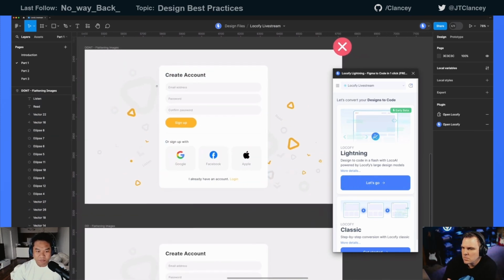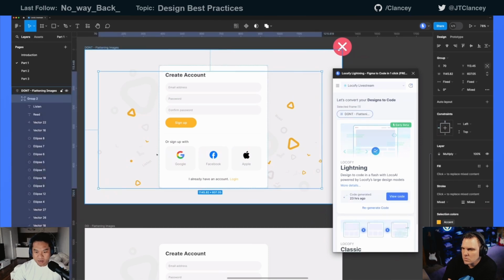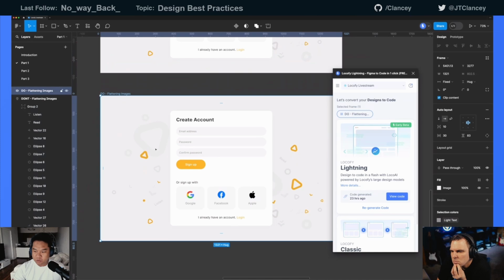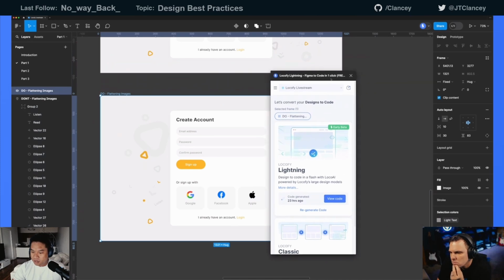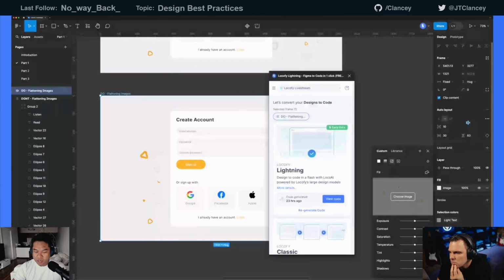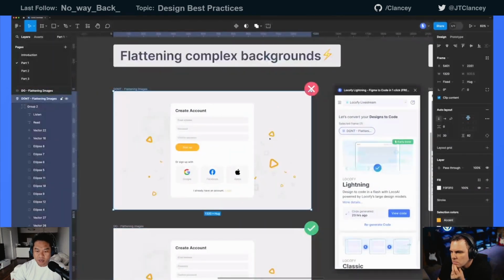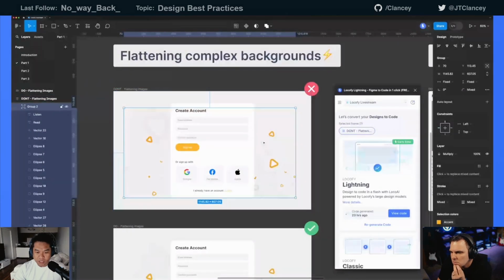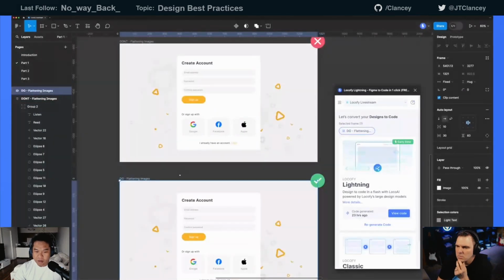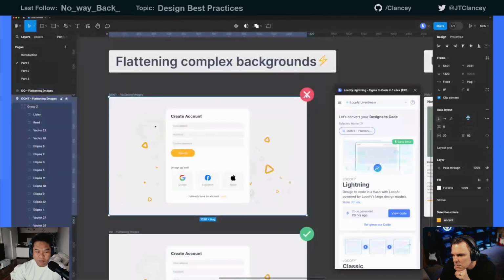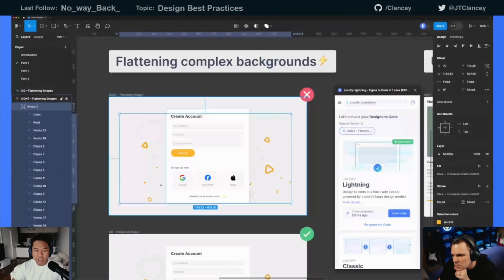So I did this in a way that we have a mix of both. And for this one, I just want to show you this. I'm using a PNG background. What I did is I flattened a layered SVG right here and used it as a background. So why is it better? Because for something like this, especially when you run Locofy with this and then you have text like that,